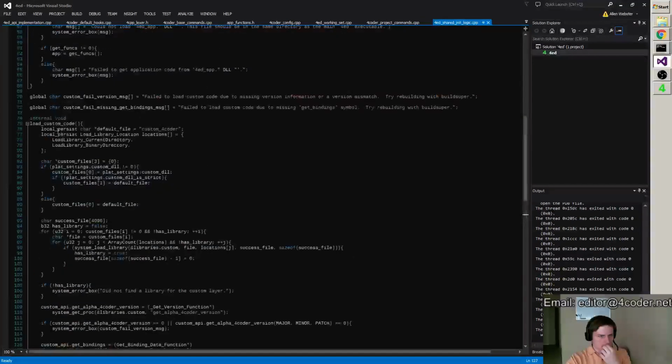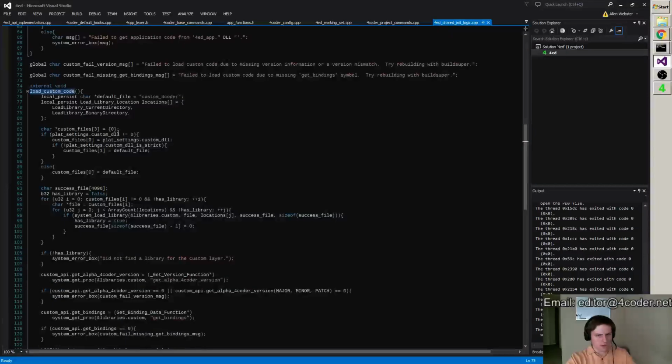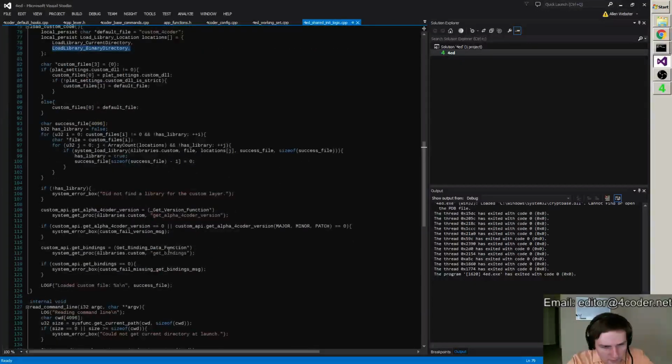Load custom code. Yeah, so first it tries your current directory, then it tries the binary path. The way to get around that, if you want it to always use the binary path, I believe there's a flag for it.